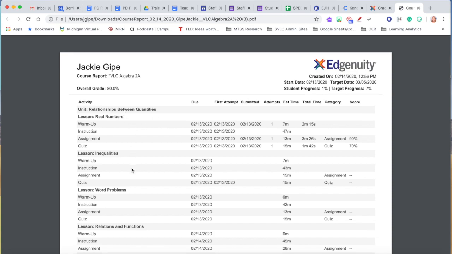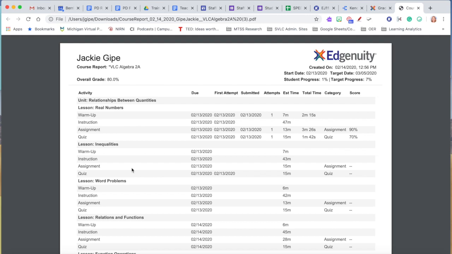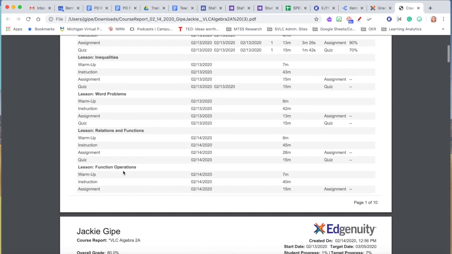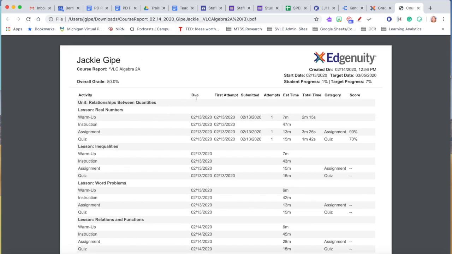And then below, you can see there's really detailed information about the activities that are in this class, as well as the due dates for each of these activities. I can see the first attempt that the student made at the activity and then when they actually submitted it. So like here, for myself, I can see I started the instruction on the 13th, but I never actually finished it yet. Okay. I can see the number of attempts I took, the estimated time, so how long it should